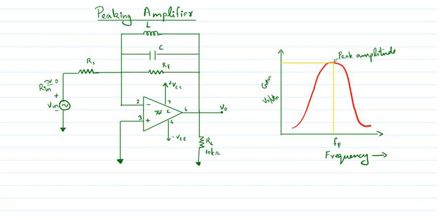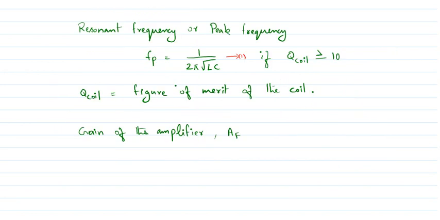RP is the equivalent parallel resistance of the tank circuit, and RF parallel to RP divided by R1. So we can write the gain of the amplifier as AF equal to minus RF parallel RP divided by R1. This is equation number 2,